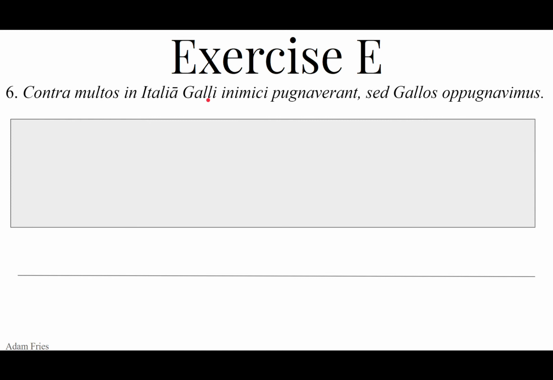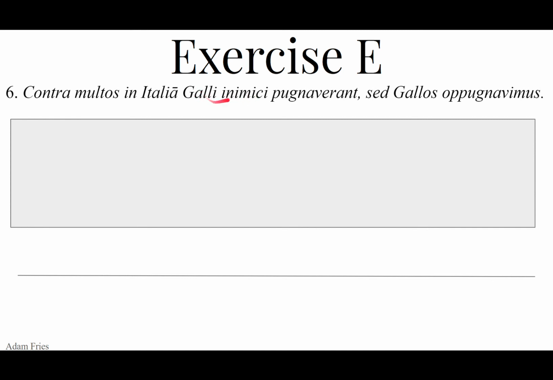Galli, from Gallus, a Gallic thing, something that is Gaulish, to do with the Gauls. It could be genitive singular masculine or neuter, or it's probably going to be a substantive, so acting as a noun, nominative plural masculine referring to the Gauls. The Gauls, Gallic men. Gallic men are Gauls. Against many people in Italia, Gallic men, the Gauls, who are inimici. Oh, they are also inimici. How sad. Inimicus, an adjective meaning hostile, unfriendly. As a substantive, it can mean enemy. So we could say hostile Gauls, unfriendly Gauls, or enemy Gauls.